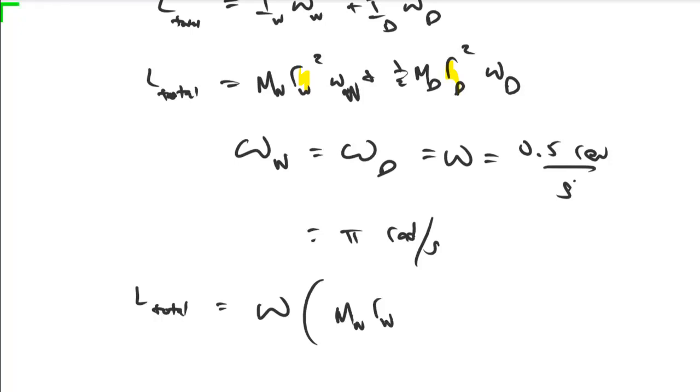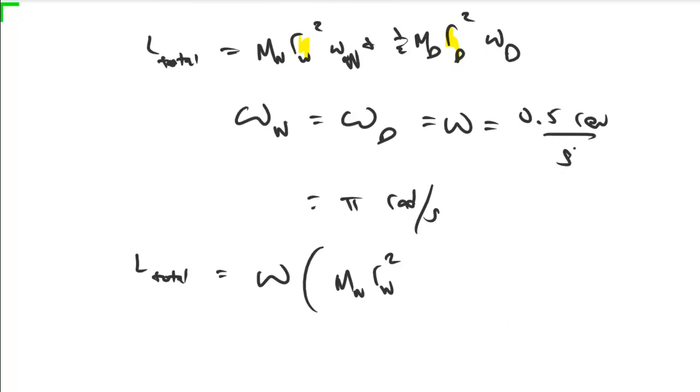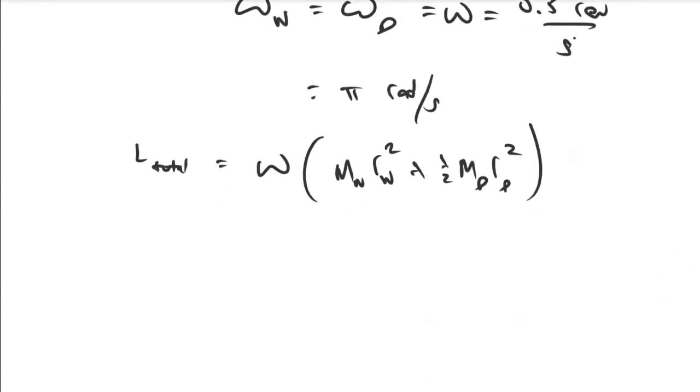So r woman, the distance the woman is from the axis of rotation, squared, plus 1/2 mass of the disk, radius of the disk squared, and we can just plug everything in. So the total angular momentum is equal to pi times the woman's mass was 110 kilograms, and then she is 4 meters from the axis of rotation,